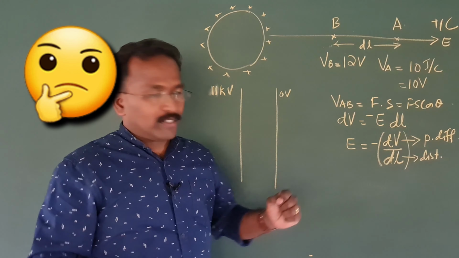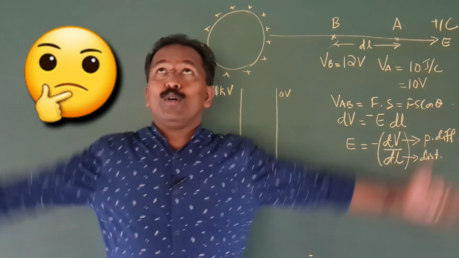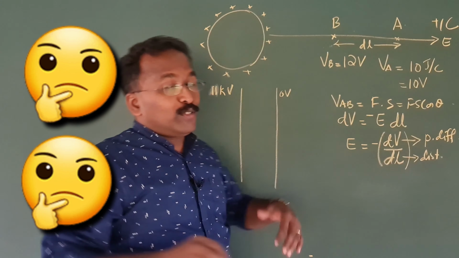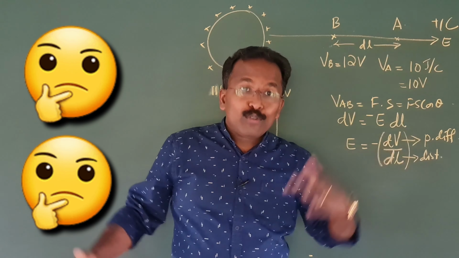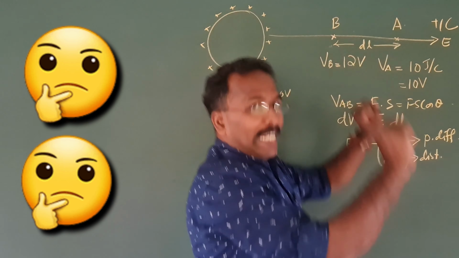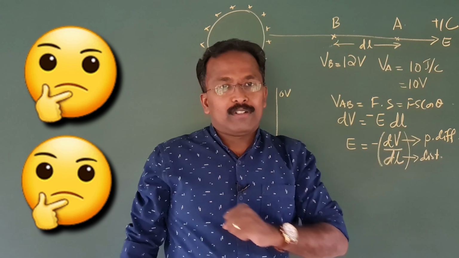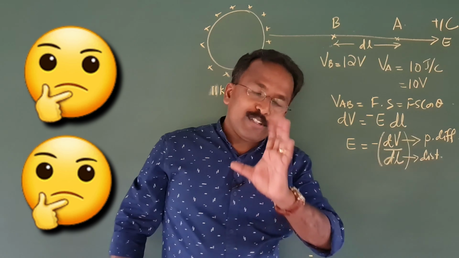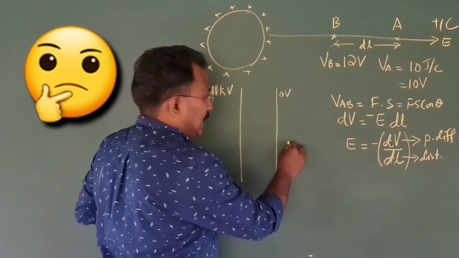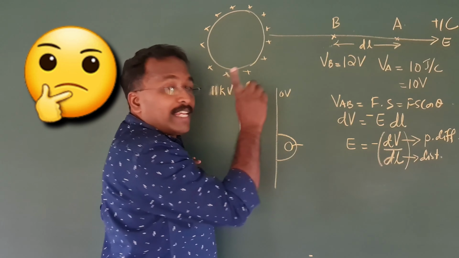Now the question is how to hang on. Should you hang on both the lines and comfortably land? Should you hang on one line, the 0 line or the 11 kV line? Which line to hang on, or should you hang on both the lines? How is that? Think of. Say this is the idea. If you hang on this line, okay, imagine you are hanging on this line.